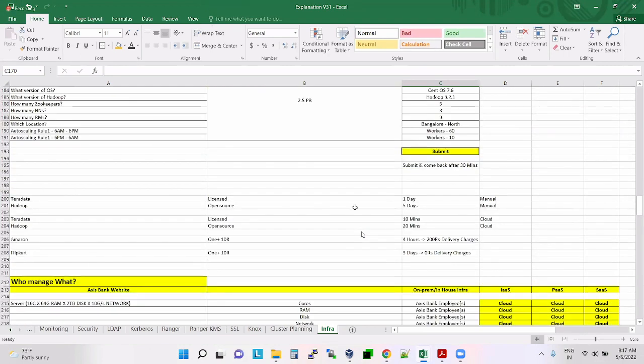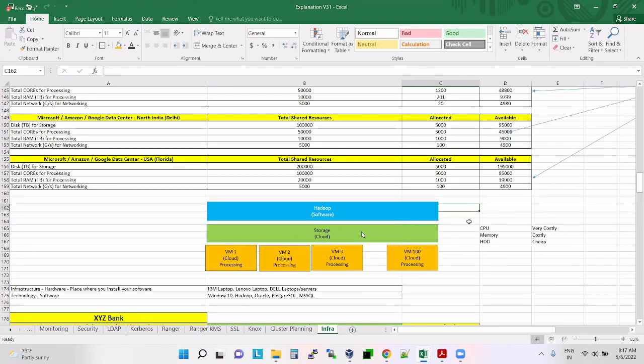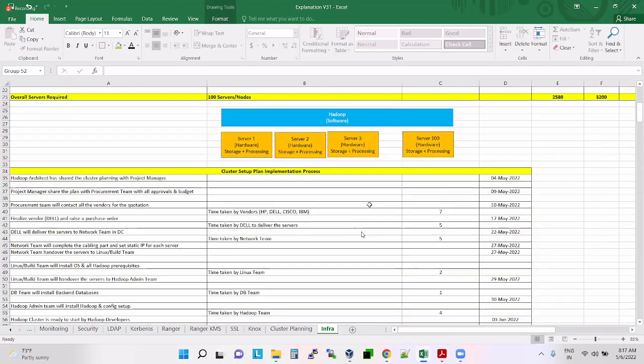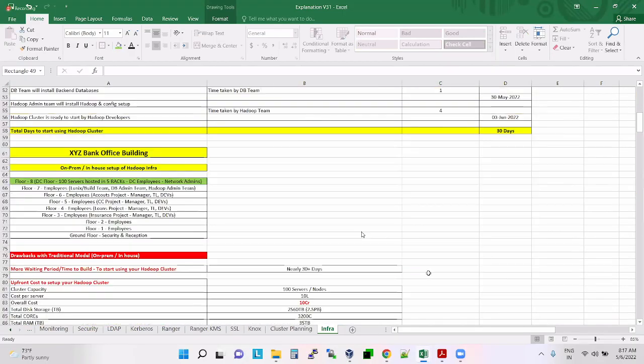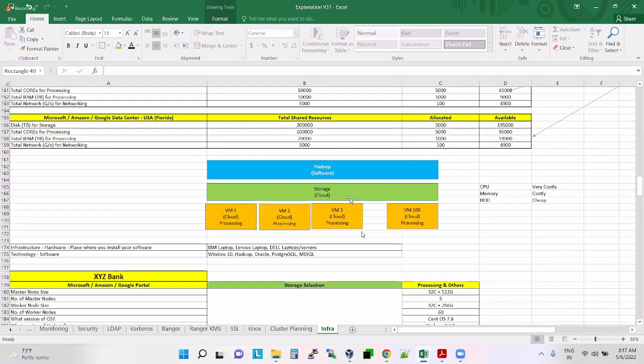Same color coding I'm using here. In case of cloud, what they have done, they separated storage, they separated processing. Both are not in one place. But in case of on-premises model, this is the hardware, so storage plus processing both are tightly integrated. But here storage is separate and processing is separate.